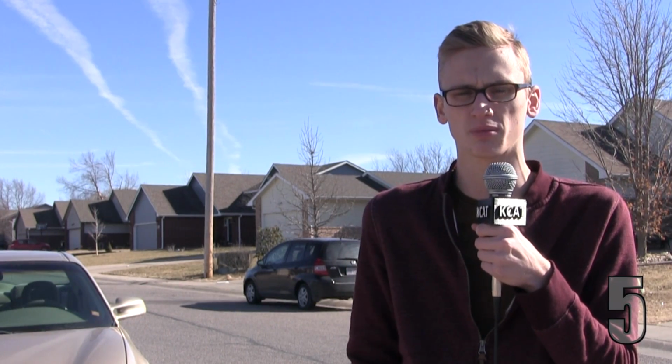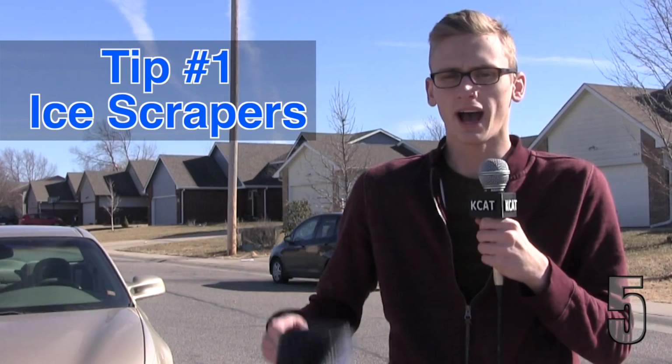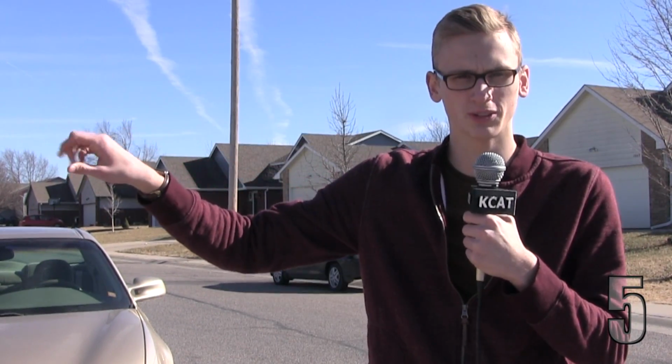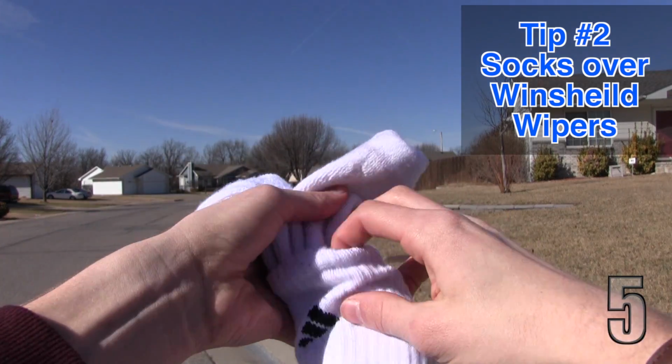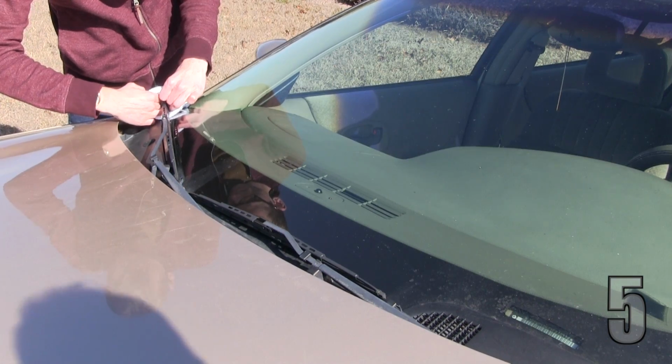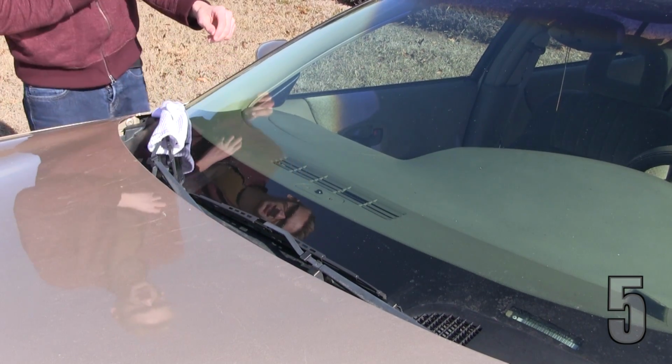But how do we fix the problem? Well, I actually have a few tips that are going to help you keep your car away from the frost without harming it. Ice scrapers are a really good fix for this problem, but they take too long and they're often pretty gross looking. The next thing you can do is put socks over your windshield wipers. It sounds kind of silly, but it actually prevents the windshield wipers from freezing to your windshield, so you have